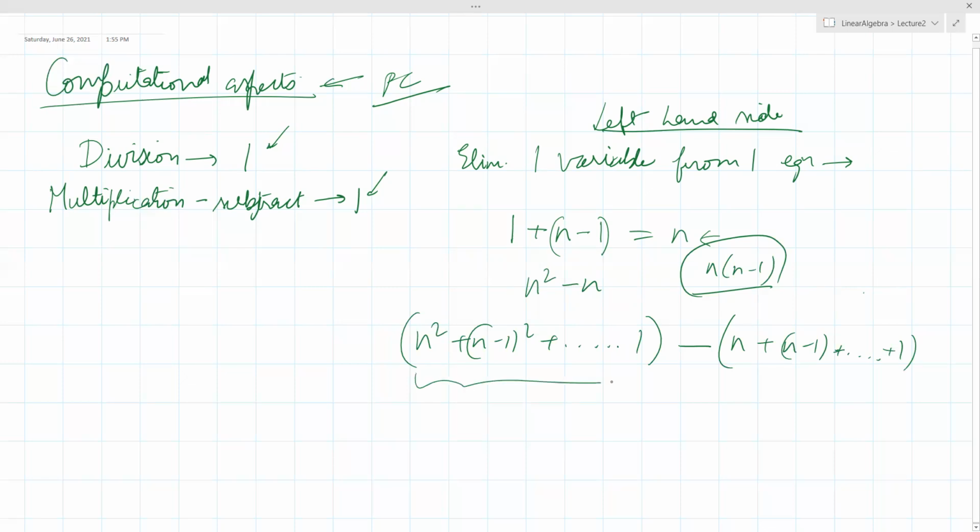Do you know the sum of this series? Forget about that. Let us first see if you know the sum of this series. So n into n plus 1 by 2, plus 1 into n over 2. Good. What about this side?